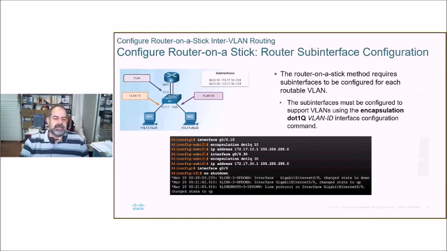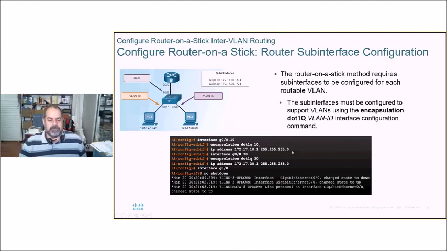On the router, basically, we go interface G0/0.10, and that creates a sub-interface of G0/0. That can be any number, it's not important, but most people put the sub-interface number the same as the VLAN number, so that's VLAN 10. And encapsulation dot1Q 10 is how we tell it what VLAN this particular sub-interface belongs to,